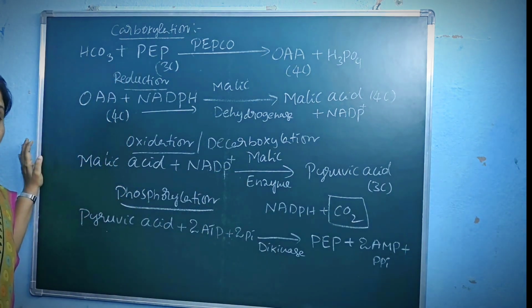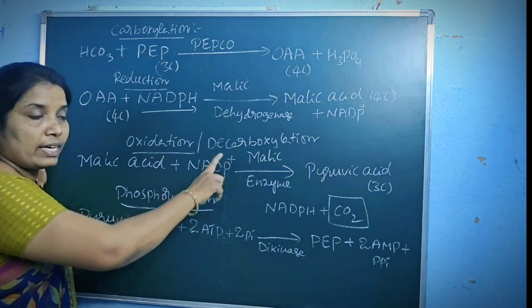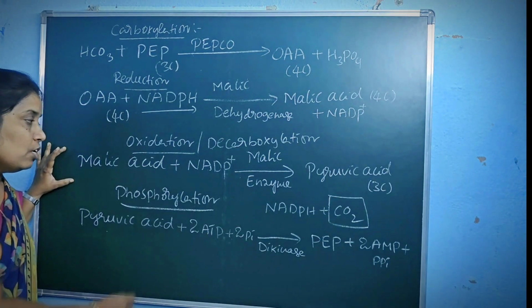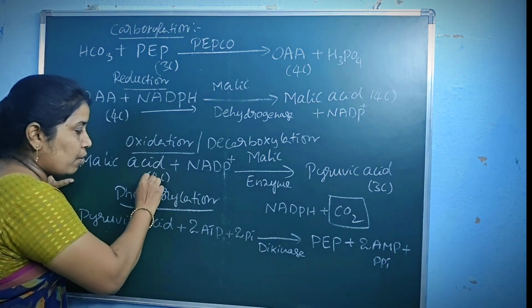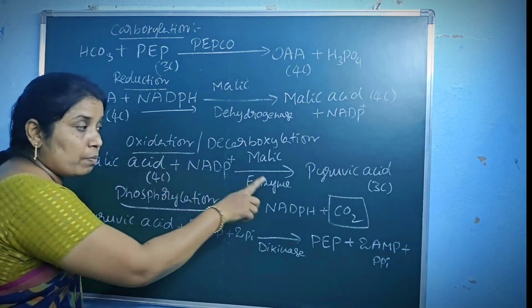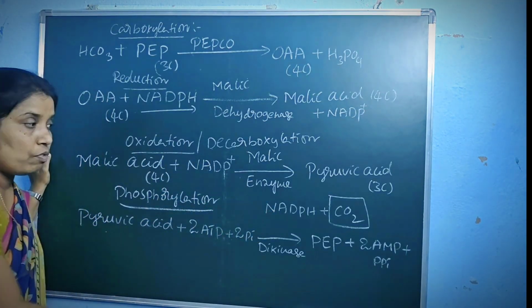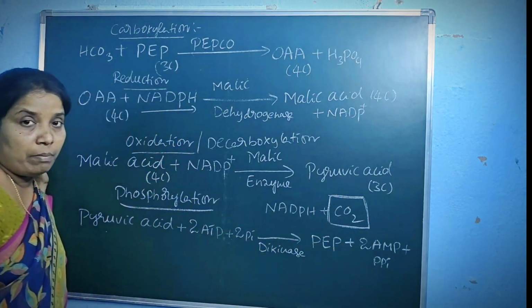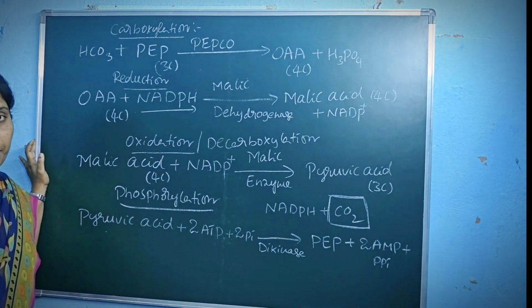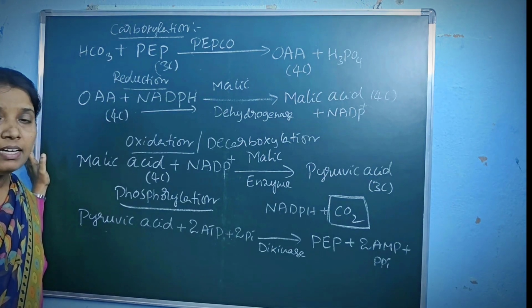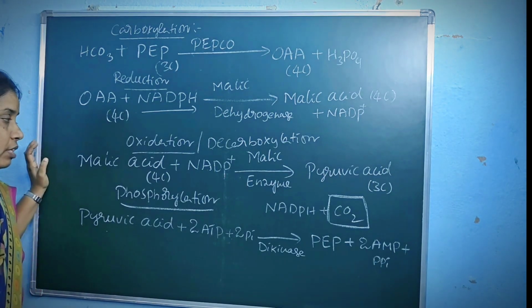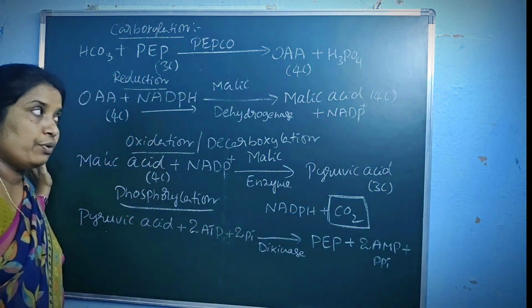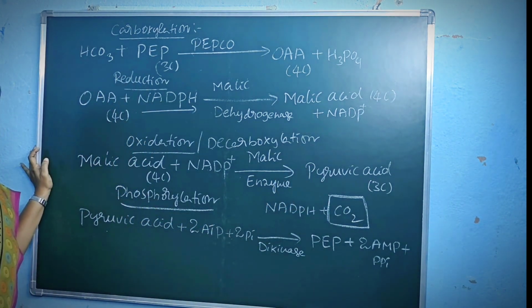Okay, so the third step is an oxidation reaction or decarboxylation reaction. In the third step, malic acid, which is a 4-carbon compound, undergoes decarboxylation. So one CO2 is given out in this step, which will be utilized in the C3 cycle. Okay, so there the malic acid is converted into a 3-carbon compound, that is pyruvic acid, in the presence of an enzyme,